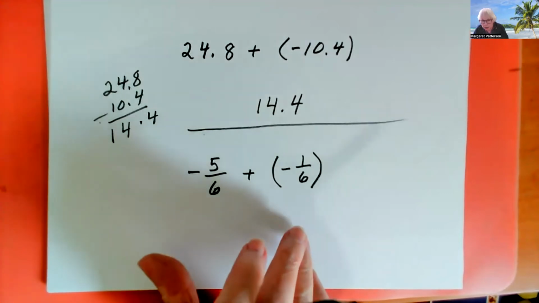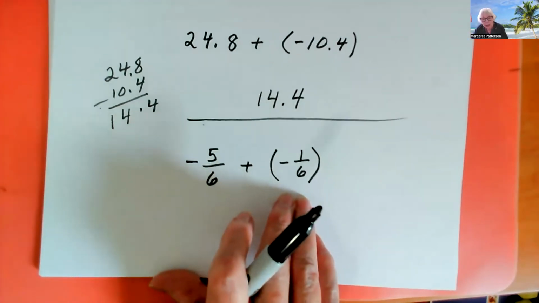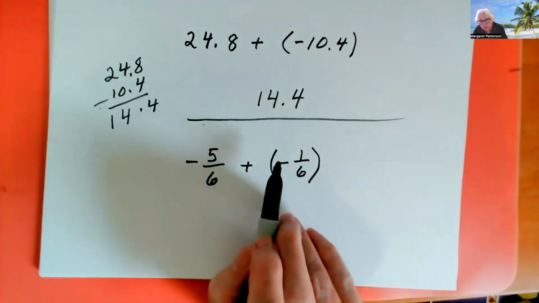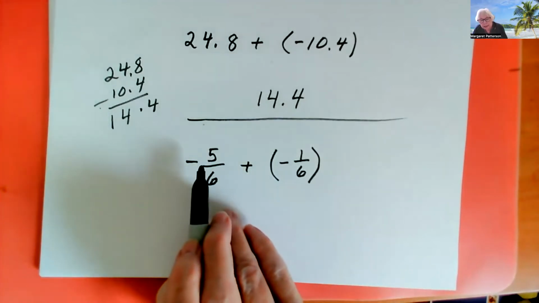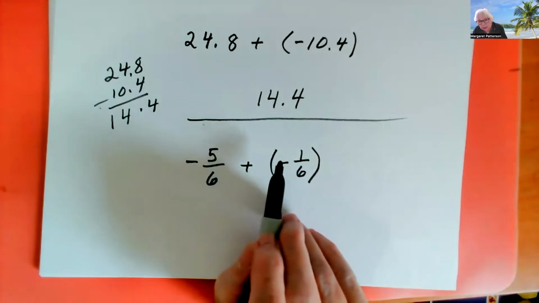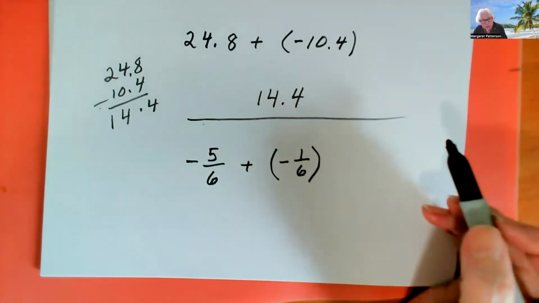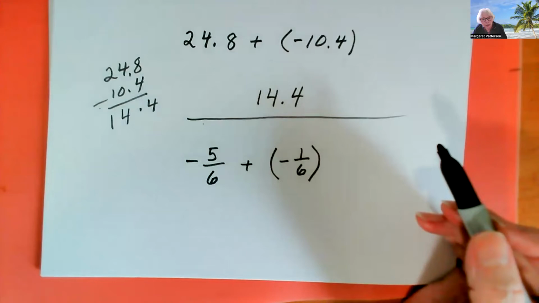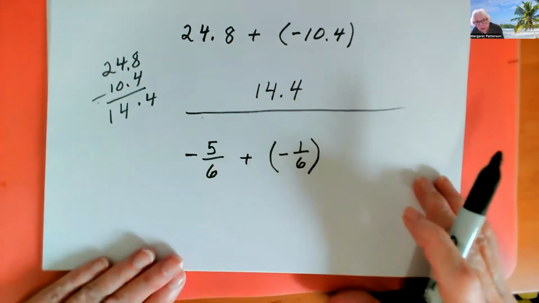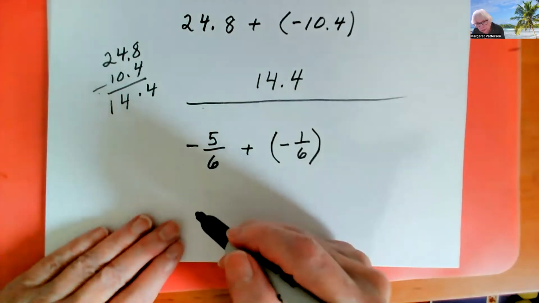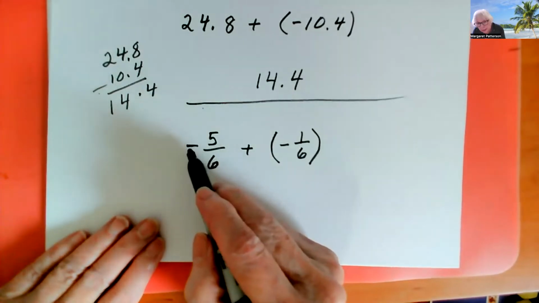Now, don't let the fractions throw you because this is actually an easy one to do. But they tend to write the minus sign, the subtract, the negative, kind of level with the fraction line. But sometimes it's almost hard to see the negative. And so what I suggest you do, and this is what I always do, instead of putting it out front